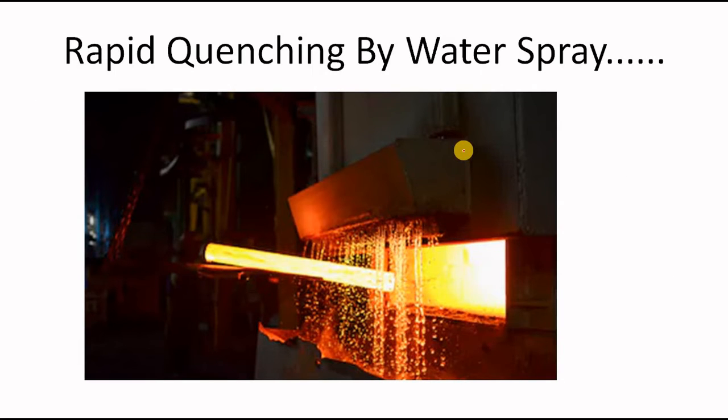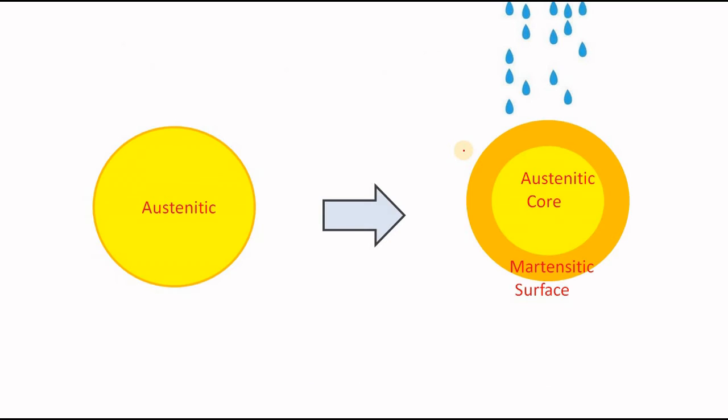Okay, to form martensite, the hard form of iron, you need to cool the austenite rapidly, and for that you cool it by spraying water. Technically this activity is known as quenching of your steel. So when you quench it, just look at the figure. Here you can see initially it was the hot austenitic core, and when you rapidly cooled it down by spraying water, the surface cooled down rapidly. That's why at the surface the martensite is formed, but in the core there is still austenitic iron.